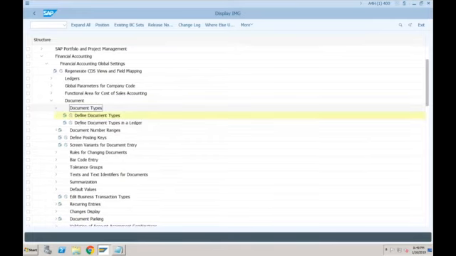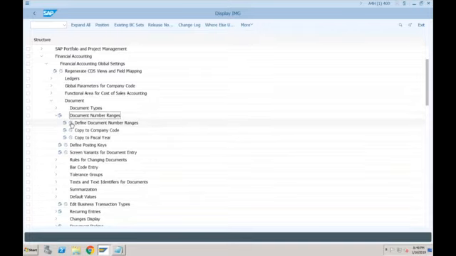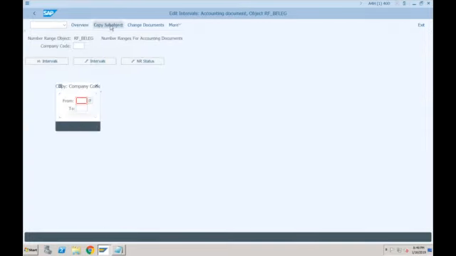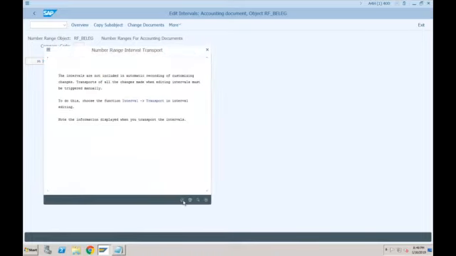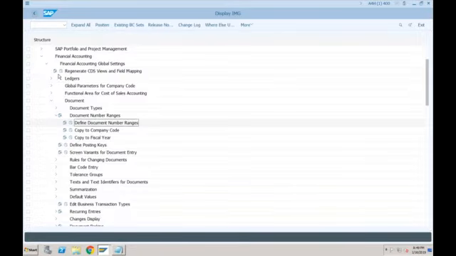Also, this will come into the picture. If you have already worked on new GL accounting, you will not find anything new here, but if not, we'll talk about what these different document types in the ledger are. Let's go to the document number ranges. We definitely need to have a document number range. Again, I will copy it from 0001 in our company code, that is SF01. So the number ranges have been copied. Let's go back. What else do we need?